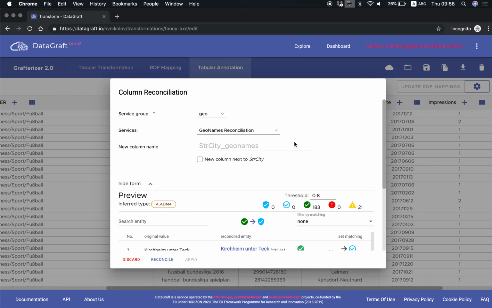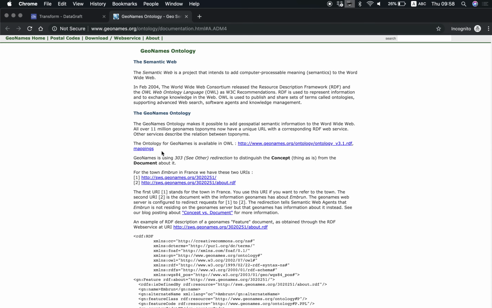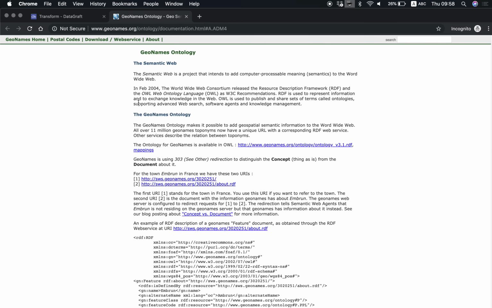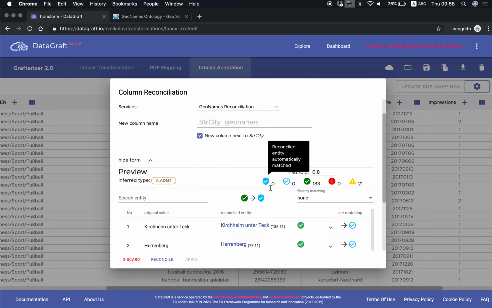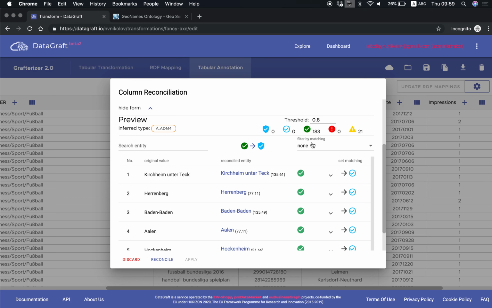So when I click reconcile, the UI has identified that, first of all, this is an entity of type ADM4 in geonames, which corresponds to the city name. If I click here, we get redirected to the geonames ontology. So this is the full ontology. And then here we see the actual reconciled entity, each of the strings and the corresponding entity. And we have successfully reconciled all the entities. When we click here, we automatically match based on the threshold that we've defined. Whenever we receive a reconciliation answer from the service, it comes with a level of certainty. In this case, we've set a threshold of 0.8, above which we can assume that we have reconciled correctly. Okay, when I click apply,